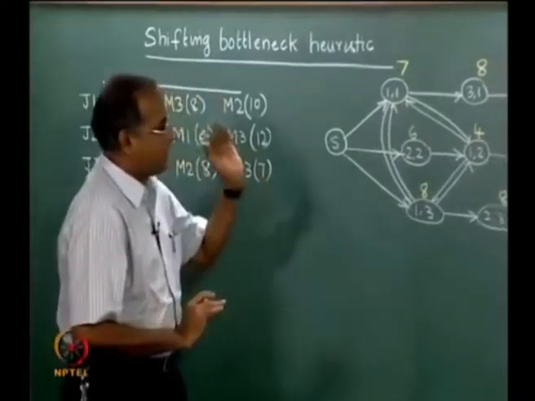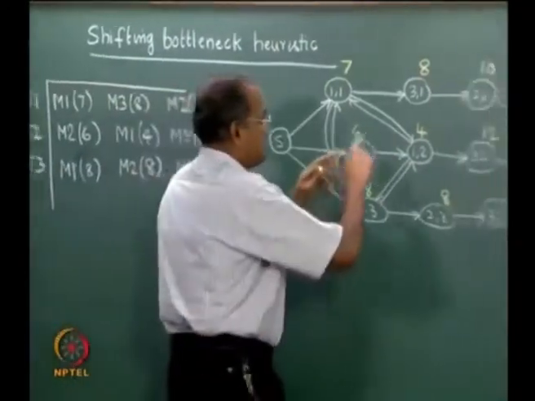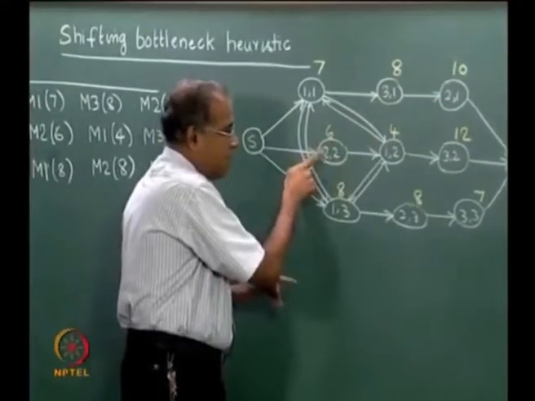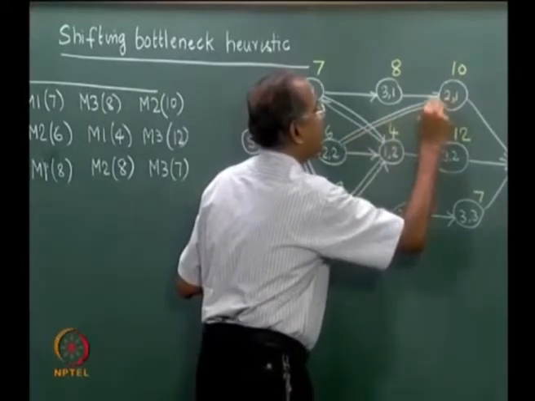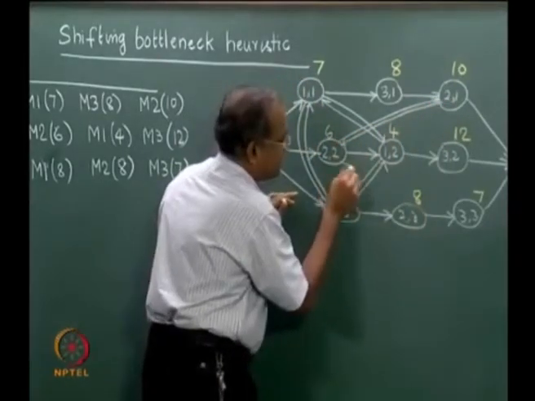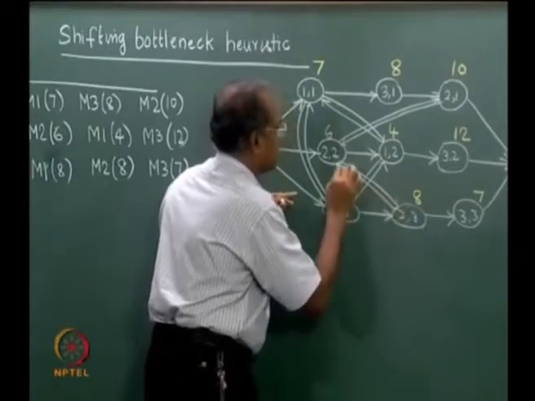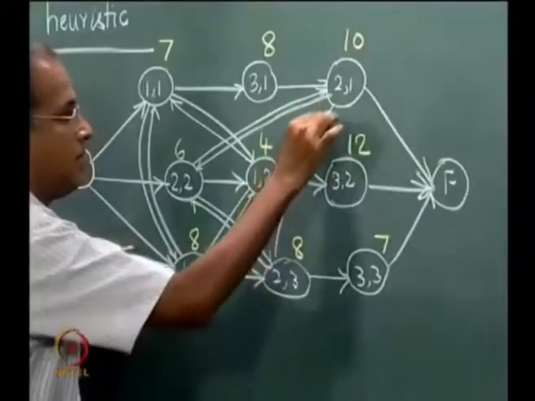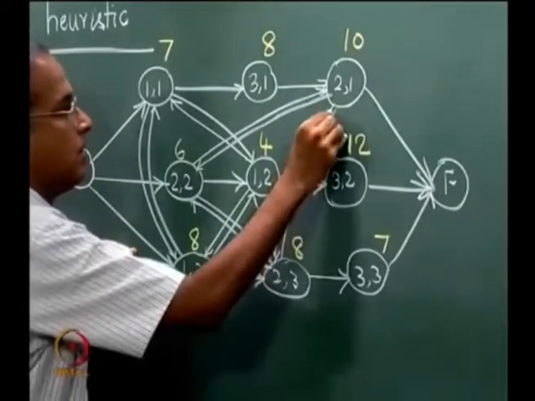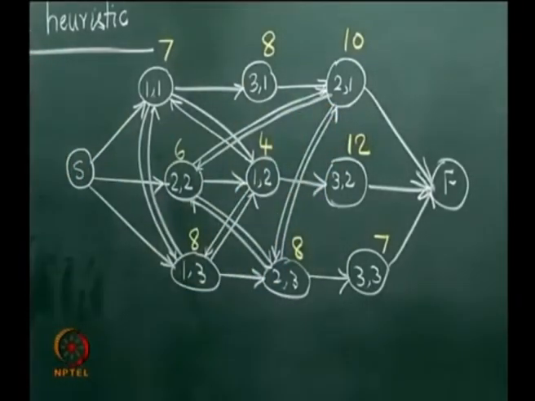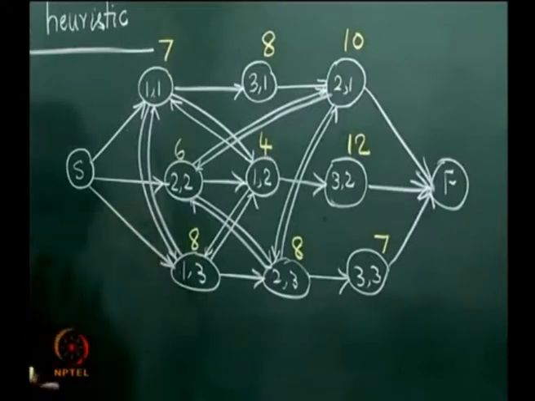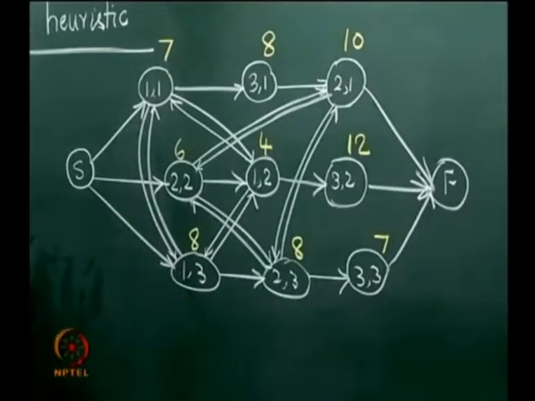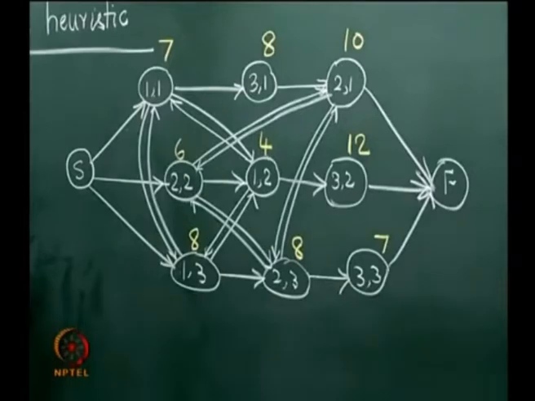Similarly, we have to do this for machine 2. So machine 2 is here, here, and here. So we would have something like this, and something like this, depending on the order in which the machine is going to process the jobs. As I mentioned, for every pair in the final solution, only one of the arcs will be active.